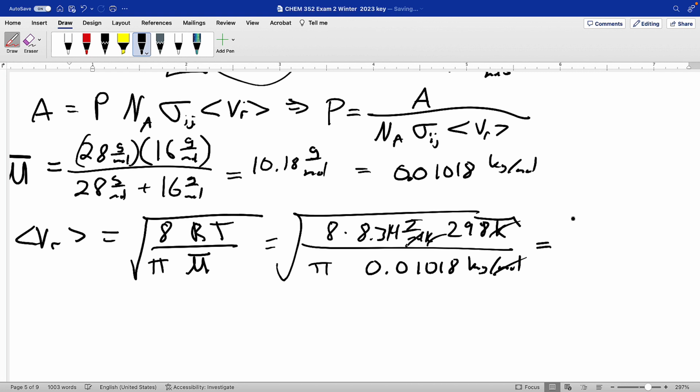So we get 787 meters per second. So now we're ready to plug everything in. So we got all our pieces. We're going to bring